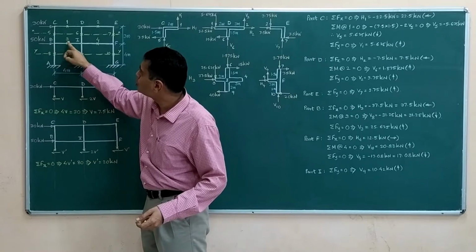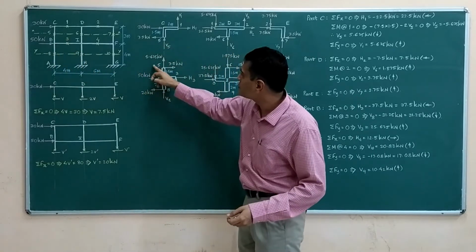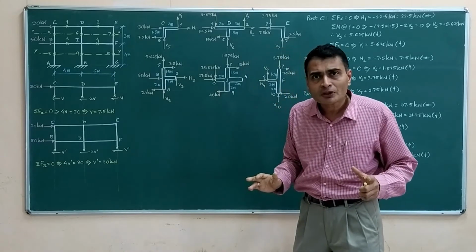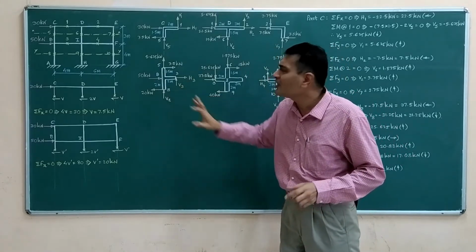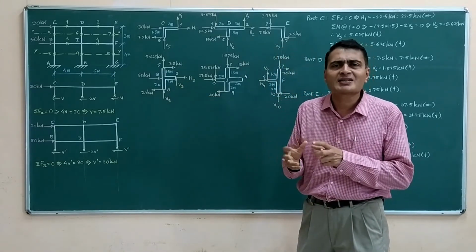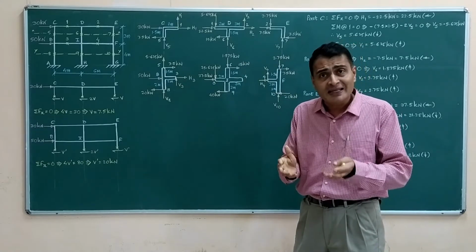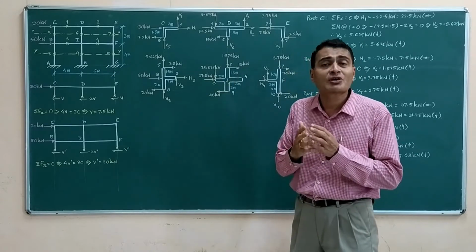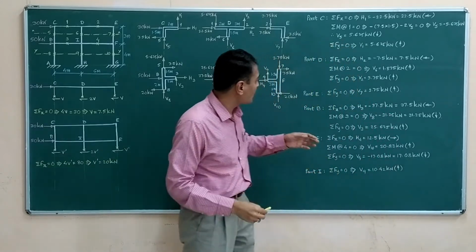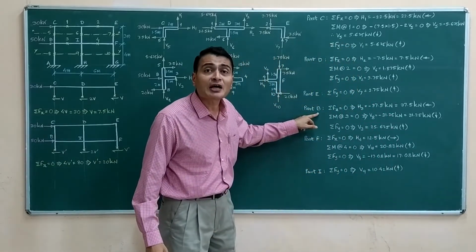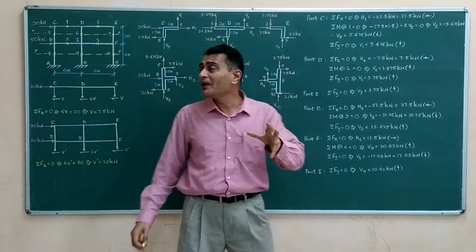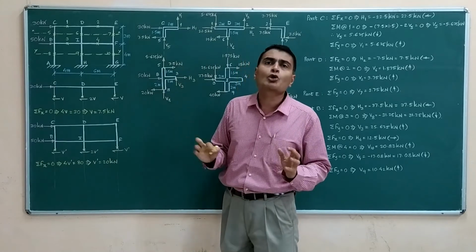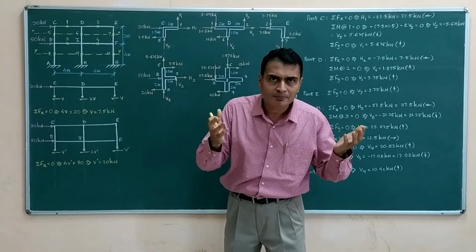I just hope you are able to relate this T to this T. It is 5 3 8 B. So it is 5 3 8 B. That is what I am saying. Again, these are presumably upwards and rightwards. That is assuming positive signs. Then apply sigma Fx equal to 0, sigma M about 3 equal to 0, sigma Fy equal to 0. So that is what I have done here. I have written part B, but actually you may name it as 5 3 8 B, or you may call it just B.